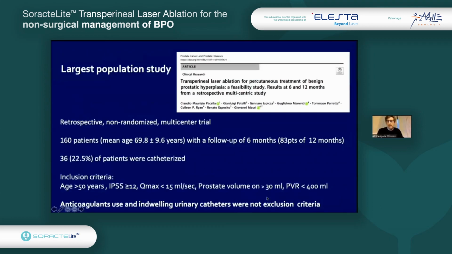Two years later, in 2019, Pasella reported a multi-center trial, retrospective and non-randomized, from 3 centers, with 160 patients with a follow-up of at least 6 months, and a cohort of 83 patients at 12 months of follow-up. 22% of patients were catheterized. Inclusion criteria were similar to the previous one, but interestingly, anticoagulant use and indwelling urinary catheters were not excluded